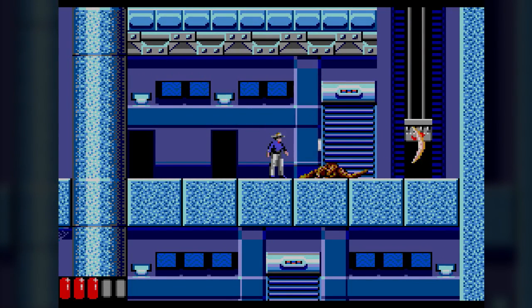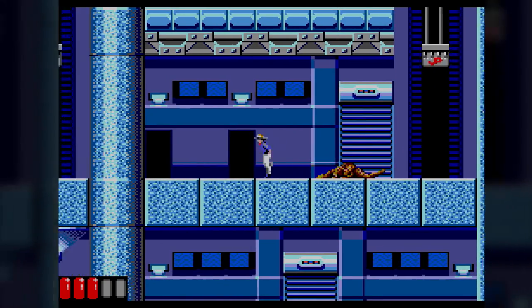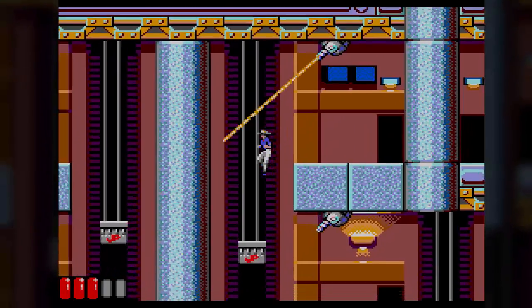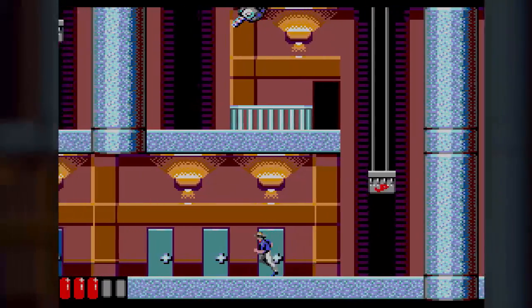I don't know what sort of dinosaur that is. Oh, look, you can even grab onto the bottom of elevators. You can grab onto probably anything that had a bottom to it. You can grab on pretty well. This is a bit of a maze, this level. This is where it gets a little bit...